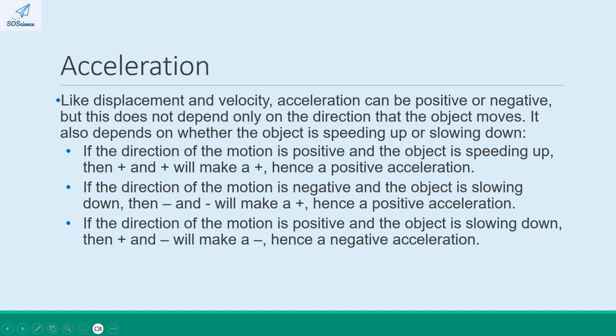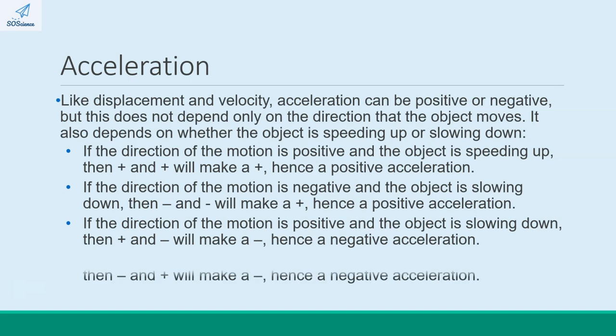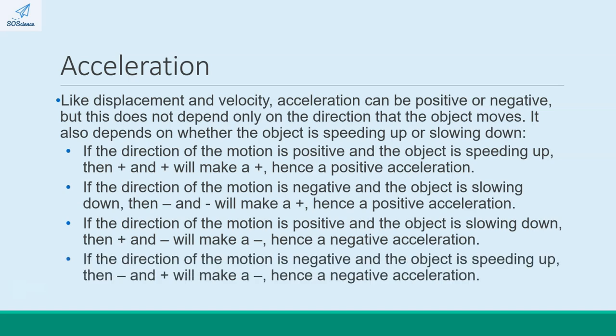If the direction of the motion is positive and the object is slowing down, then we have a positive and a negative, which makes a negative. So we end up with a negative acceleration answer. And if the direction of the motion is negative and the object is speeding up, then again, a minus and a plus makes a minus. So again, we end up with a negative acceleration. So again, if we get a negative answer, it doesn't necessarily mean that the object's moving in the negative direction. It could be moving in the positive direction or in the negative direction. But we need to look at the context of the rest of the question to see if the object's slowing